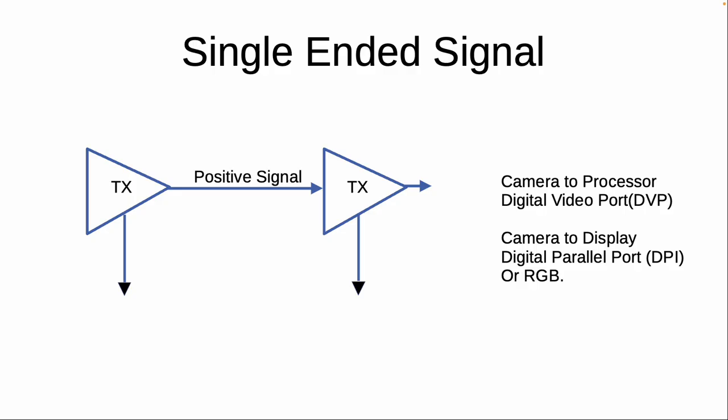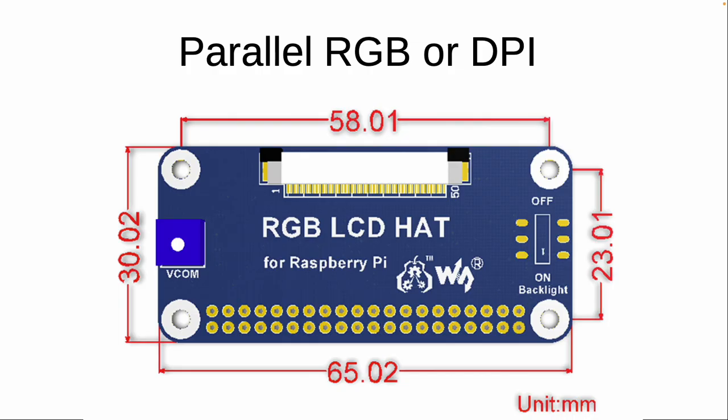So basically, the basic signals on a circuit board are single-ended. 0 to 5, 0 to 3.5. The voltage keeps dropping with the newer circuits, at 2.8 I think now. If it's camera to processor, you get a whole bunch of wires, like 28 or so. Digital video port. If it's camera to display, it's called digital parallel port, digital parallel interface, DPI, or RGB. But that's limited to somewhere around 100 megahertz, maybe 80 to 120 megahertz. It depends upon if it's on the same board or how long the wires are and other things like that.